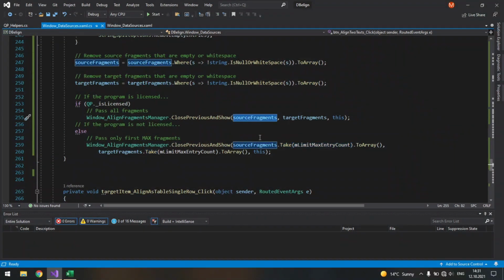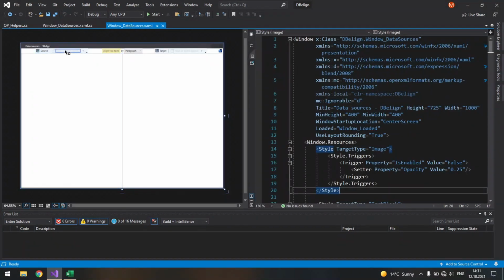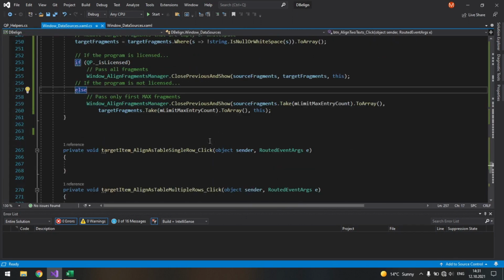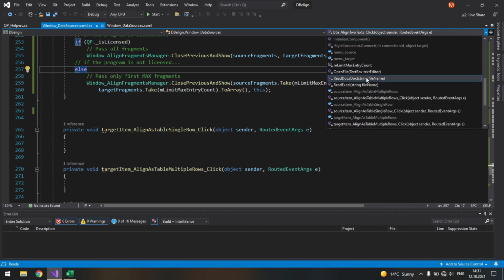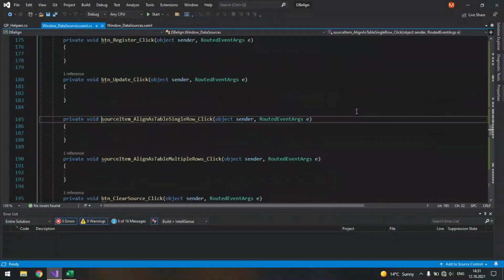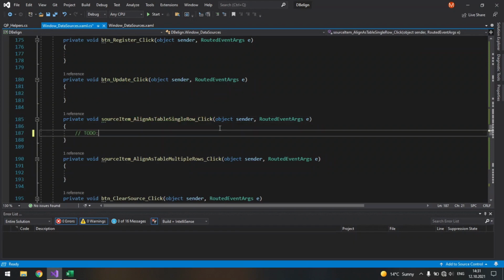But of course, if I have a license, these limits are not applied, so they are passed as they are. And now let's provide backend for these align as tables buttons. So let's go to source item align as table. Let's first deal with single row. I will leave a to do here. So align text